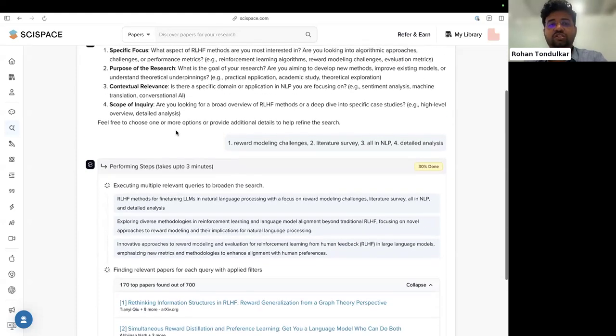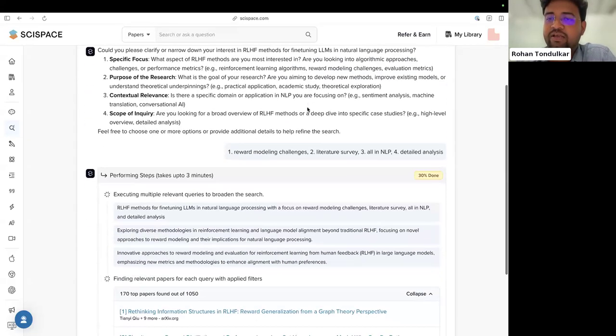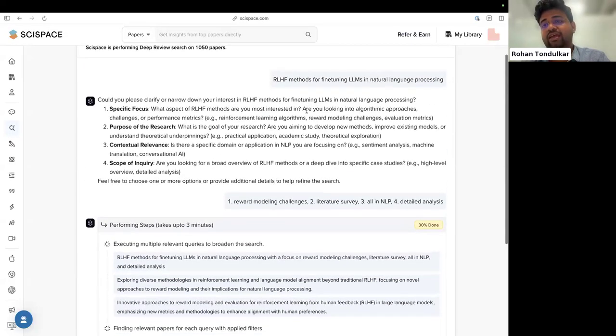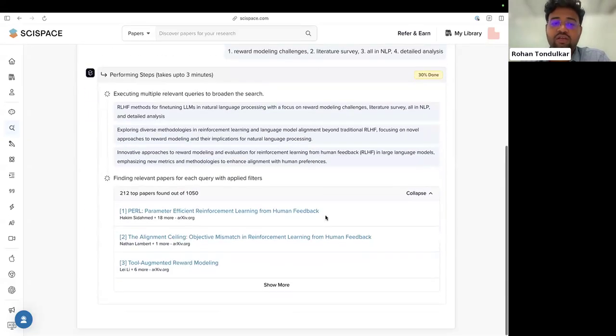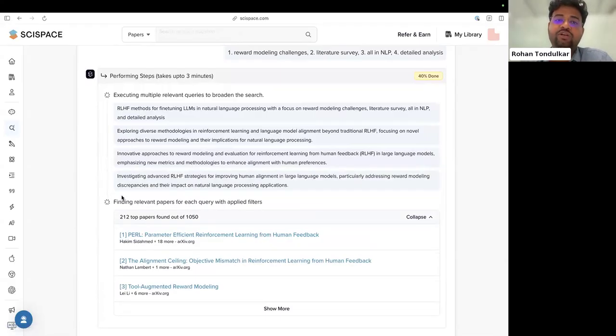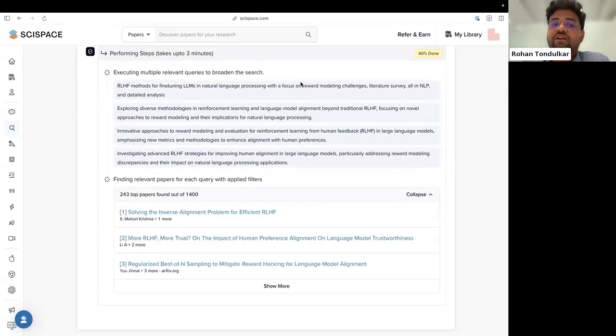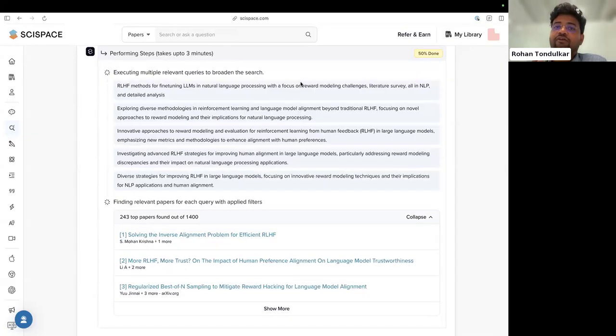So this is decently niche, but not extremely niche. So there will be a lot of papers on this topic. You can go more niche within one, let's say, one specific RLHF technique also. So if you see reinforcement learning, you're getting all the relevant papers. Now the count is 200 papers. So if I am a PhD scholar researching on this topic, this is a great start because I might get around 200 to 300 papers to initially start with.